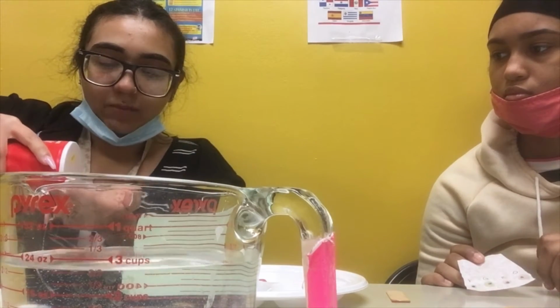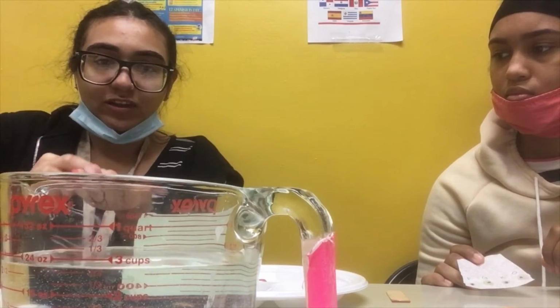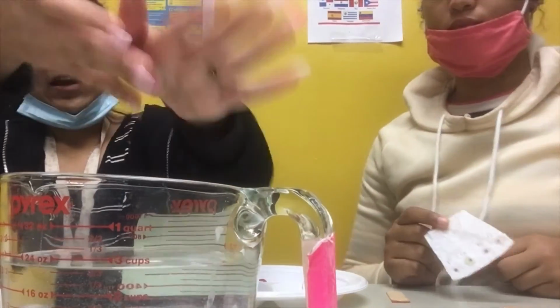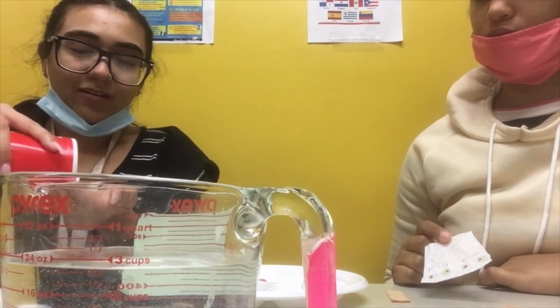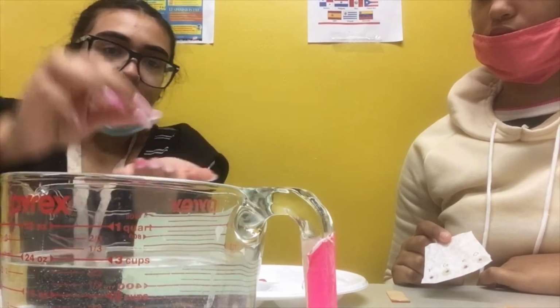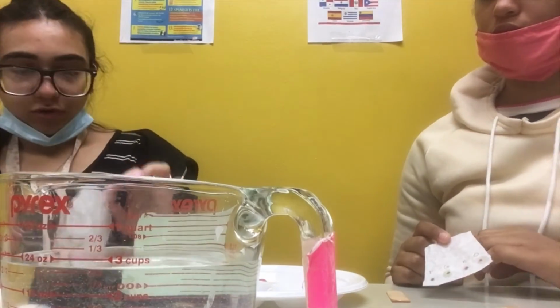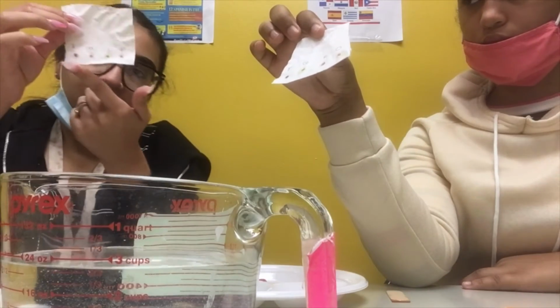It helps the water run up the coffee filter a little better. It doesn't have to be a lot of salt either, just a couple of pinches. And then just add whatever else, and it helps the water come back up. I'm just going to add a little bit more for the kids. Okay. So now you're going to take your coffee filter and put the little edge